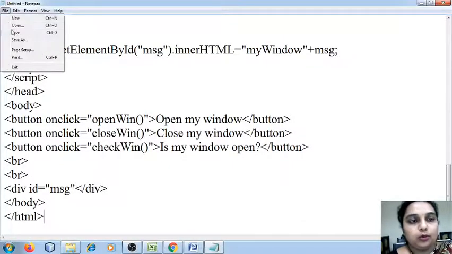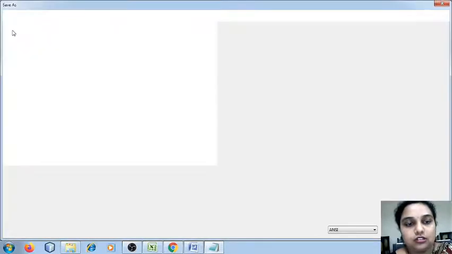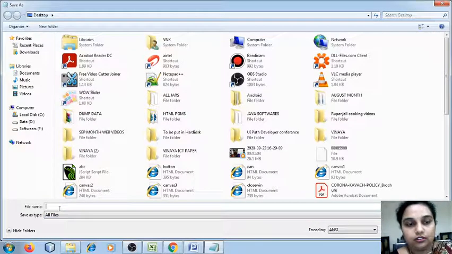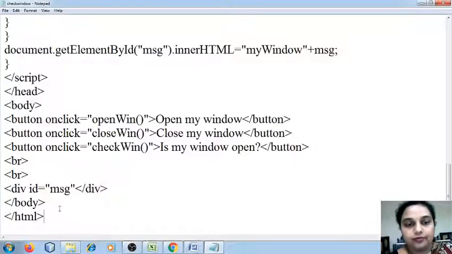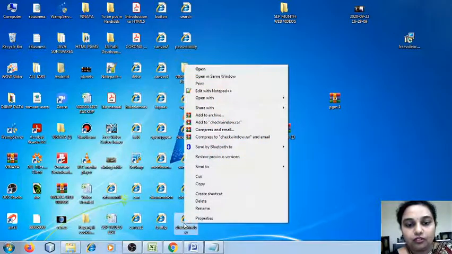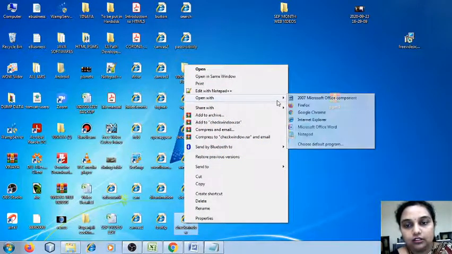I'm going to click on save. You have to remember, I always save with the extension .html. I'll write here checkWindow.html. This is my file. Open with Google Chrome.